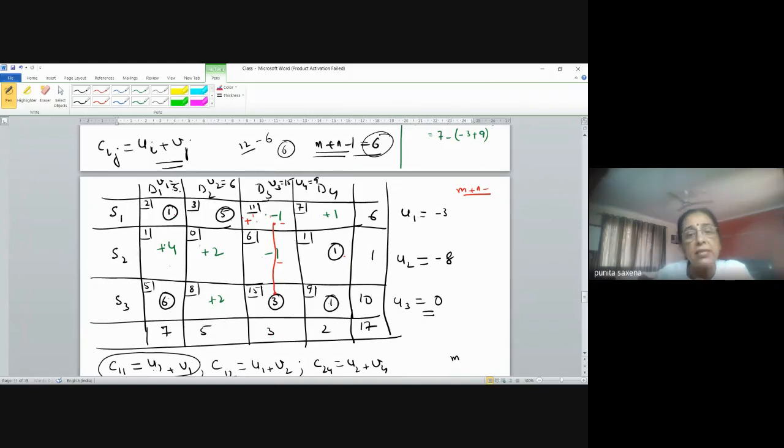So if I allocate some amount here, then obviously some has to be subtracted from here. Those adjustments have to be made. So if I have made a plus sign here, I'll mark a negative sign here. So alternately, we'll add something, we'll subtract something. Now this line is fine, but then I can see an occupied cell on this corner. So what I do is I move down here.